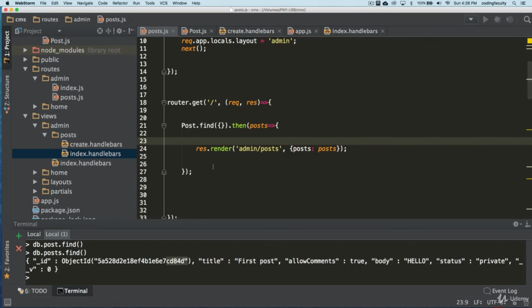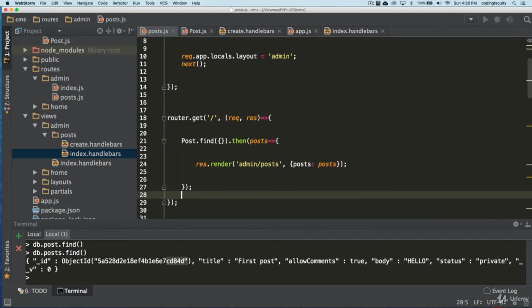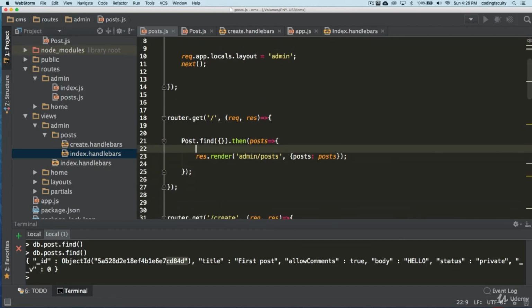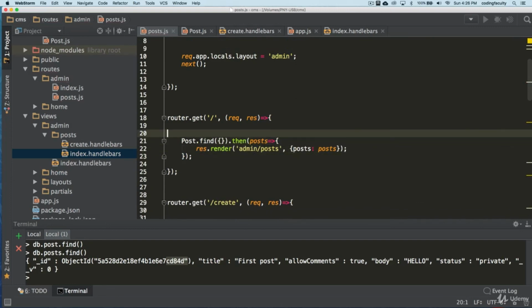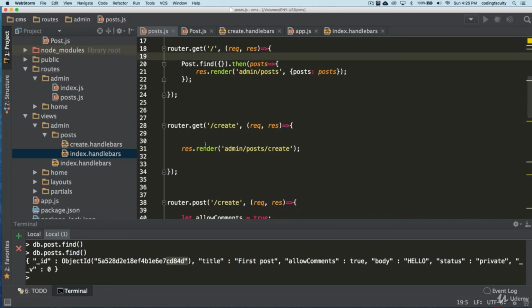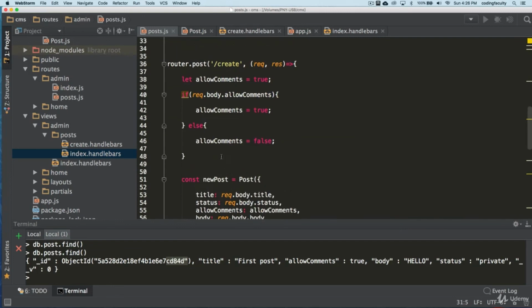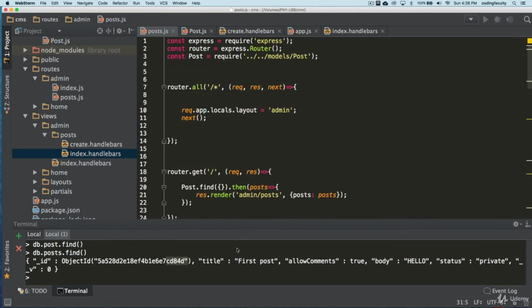If it doesn't work, then we can do a catch, another method here, and say, if it doesn't work, what are you going to tell the user, or what are you going to tell the administrator of the application? I'm going to tighten this up a little bit. I make a lot of lines here just to show you guys exactly what I'm doing. So now we should be able to see something there.